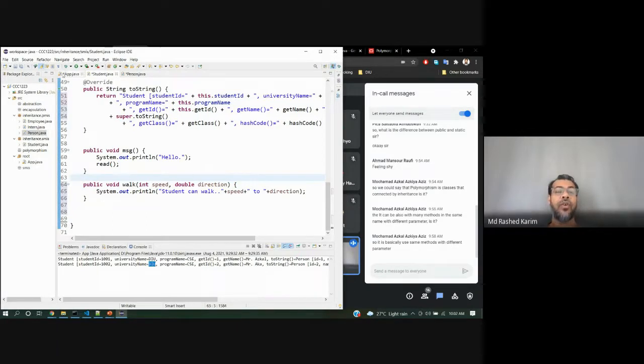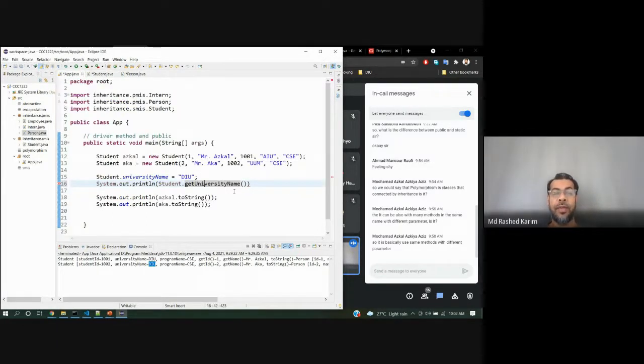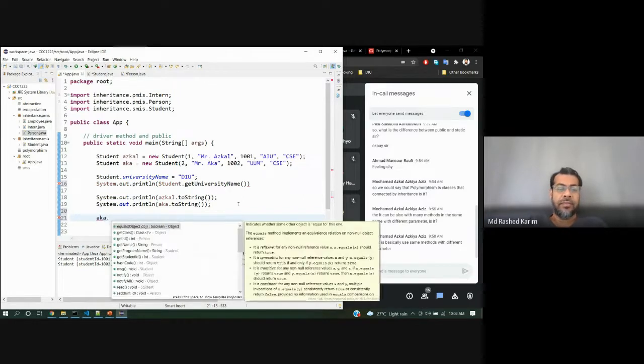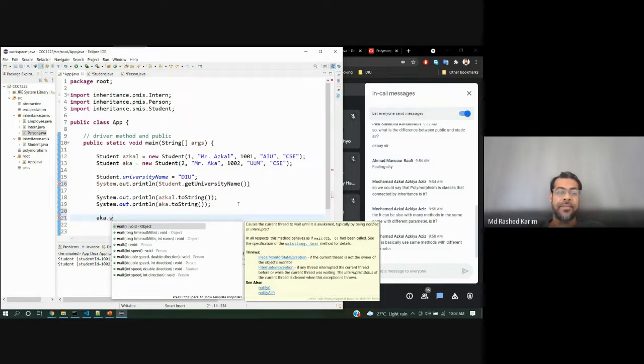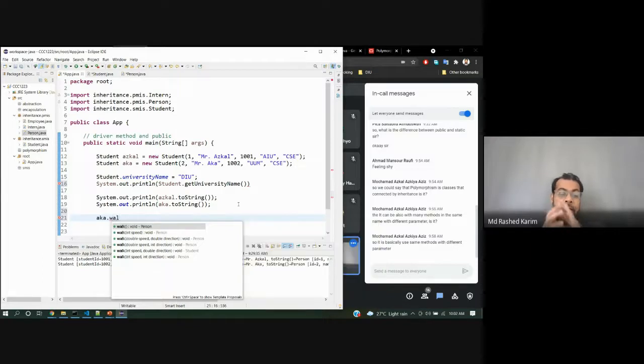Because if I call this method from here, like eka dot, you see so many work methods.